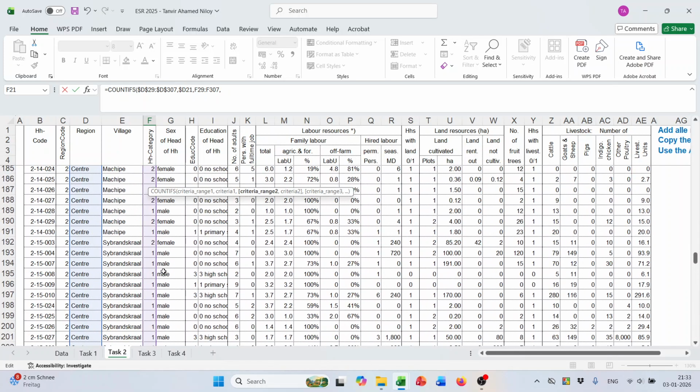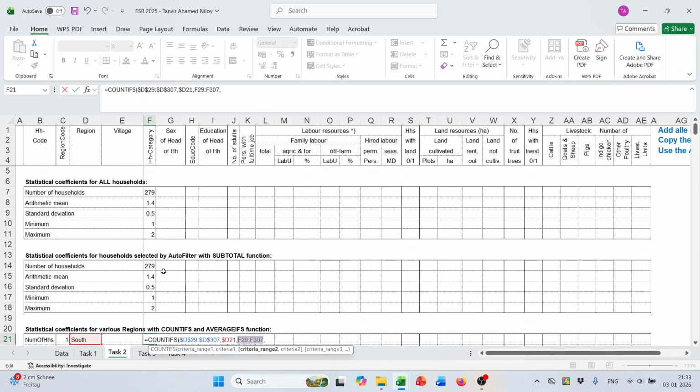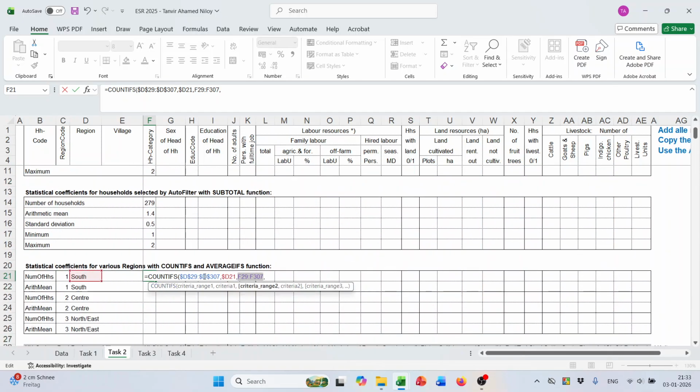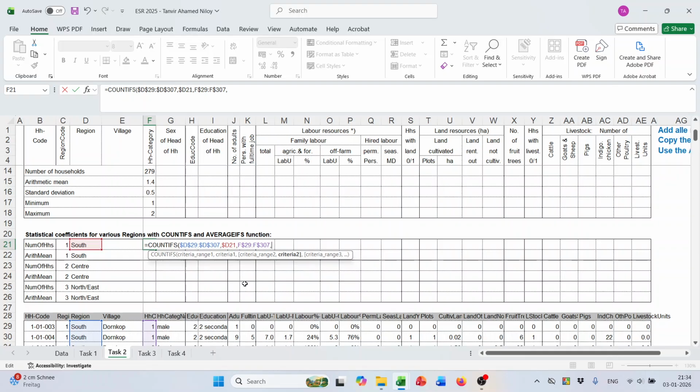So I have to fix the row reference, because the row is always same, but the column reference I need to... sorry, the row reference I need to fix, but the column reference I need to be removable. So I press F4. So the dollar sign should be before the number only. And now I can